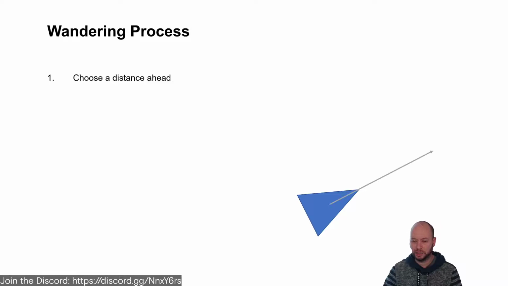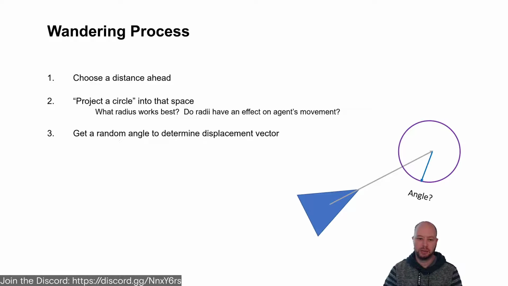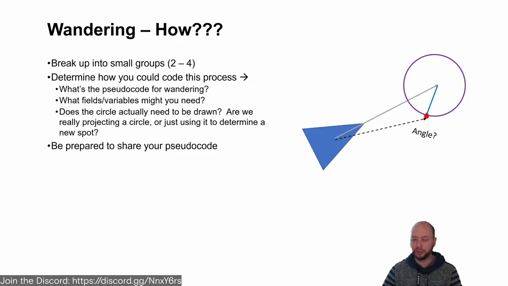We would take our agent, choose a particular distance, and project a circle into that space. What's the radius? That's a decision you have to make. Then get a random angle to determine the displacement vector. Based on that angle, we can draw a line to that point, and that's now our wander